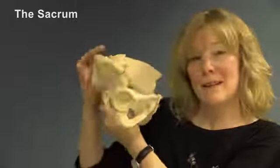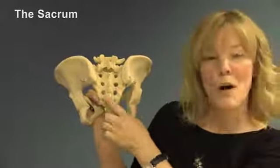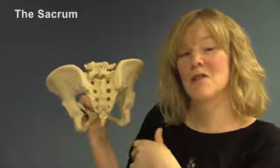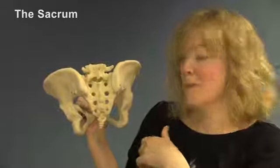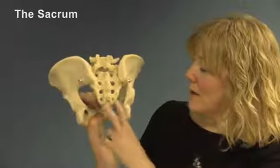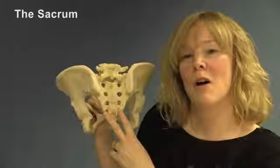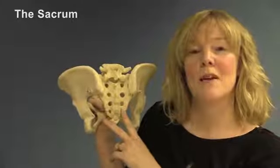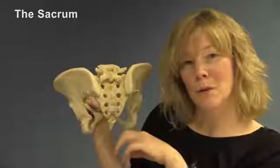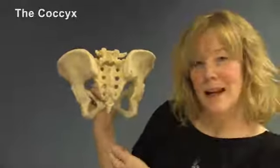If we look at the back side, the posterior aspect of the sacrum, we can see that it's quite rough, and it's rough because it allows the muscles to attach to it quite securely to help us in our movement. We can see that there are four pairs of holes in the sacrum, and these holes allow quite major nerves to come out from the spinal cord and service the lower parts of our body. The coccyx sits